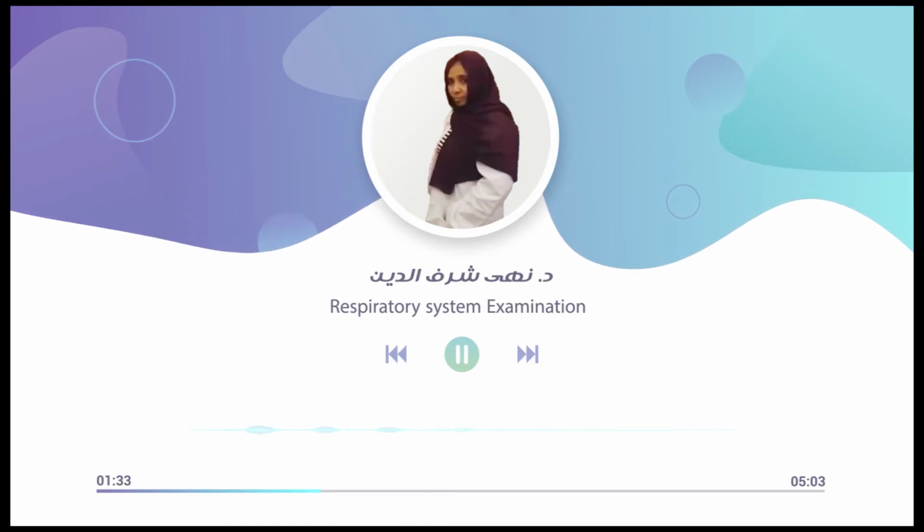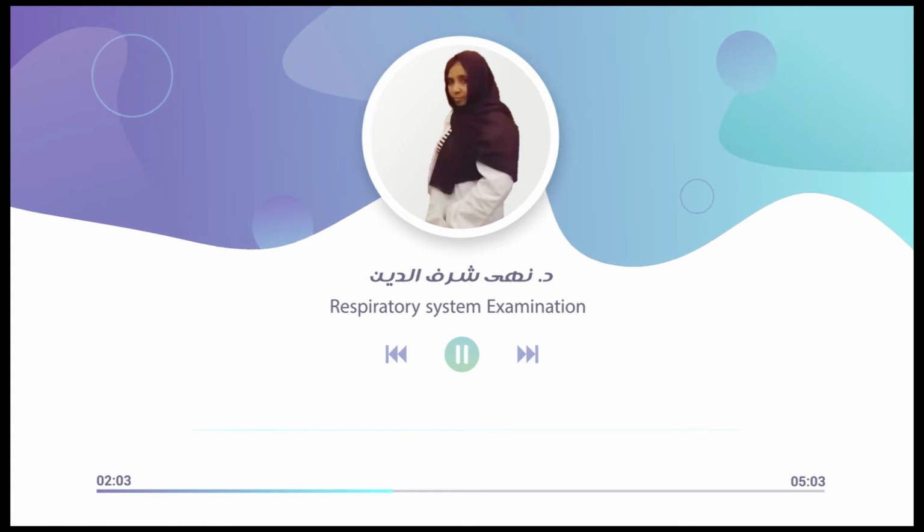After that, you go to general examination by examining the hand for clubbing, pallor, and cyanosis. Clubbing, of course, many obstructive lung diseases can lead to clubbing. Check the pulse and go to general examination for pallor, jaundice, and central cyanosis. Palpate the cervical lymph nodes and then go to the chest.